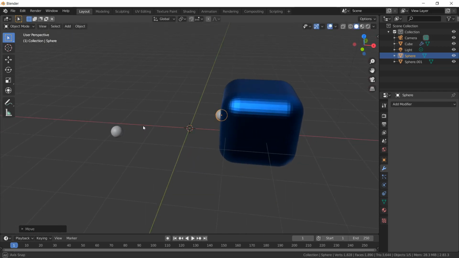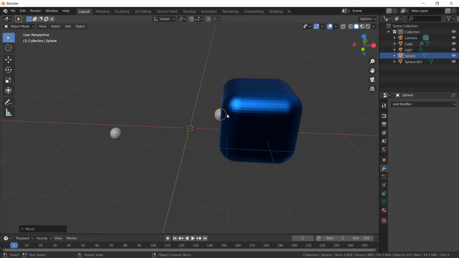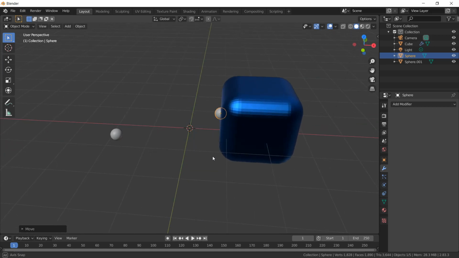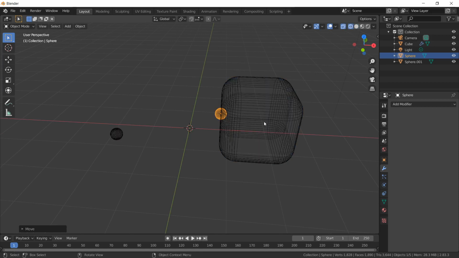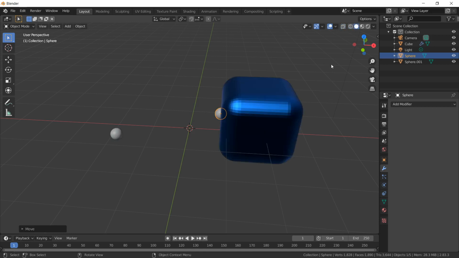Now you can see clearly that half of the circle is inside and half is outside the cube. If you want to see it more clearly, you can go to wireframe and see that half is inside and half is outside. So I'll go back to my normal mode. Now let me select the cube.